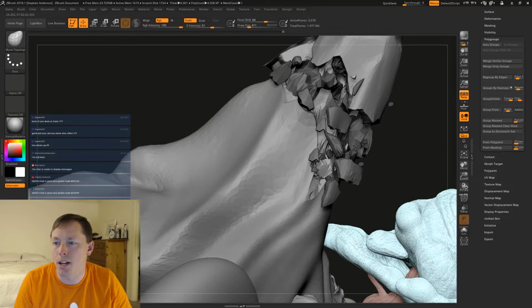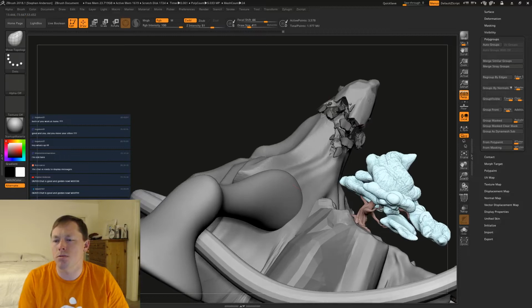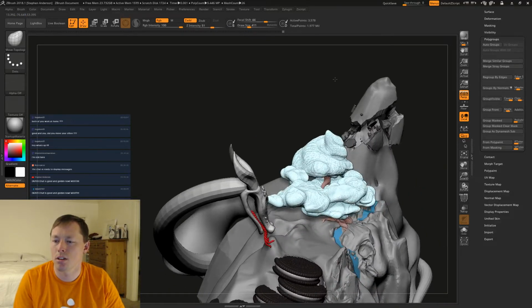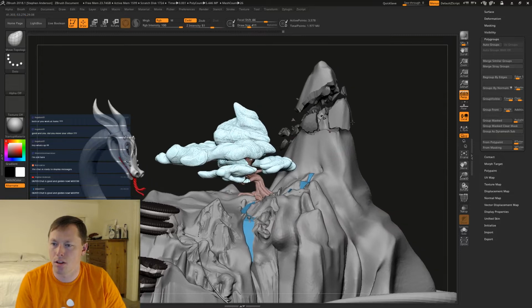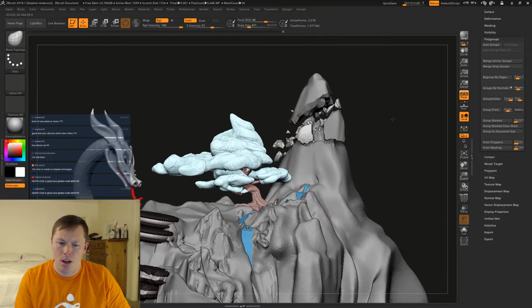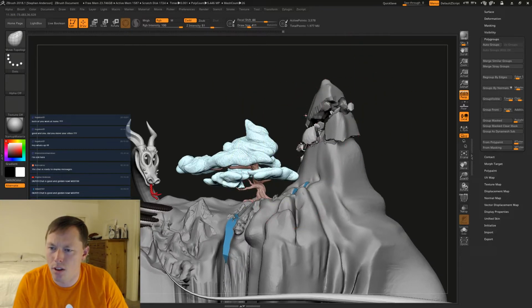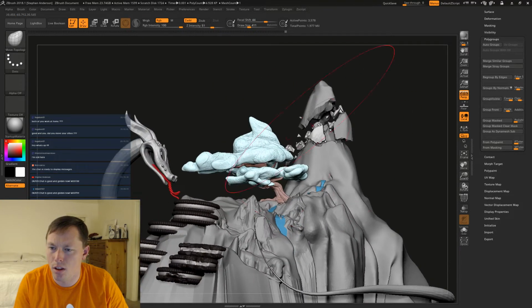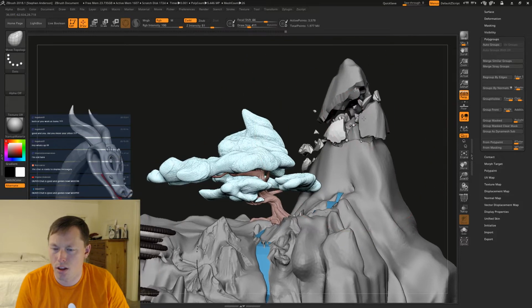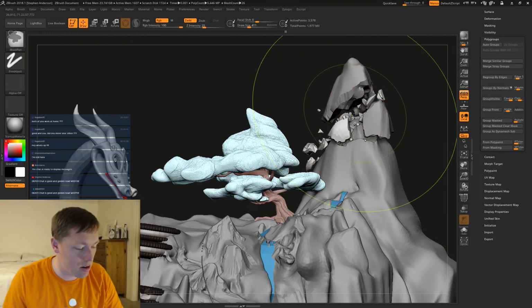Just trying to find different ways to vary these things up. Okay. This is definitely a ton more pieces than I was thinking I'd have.